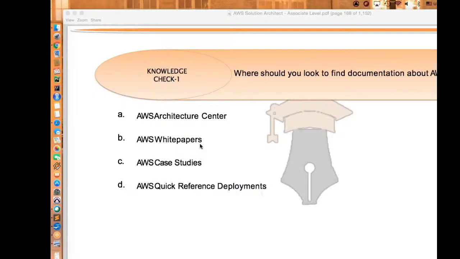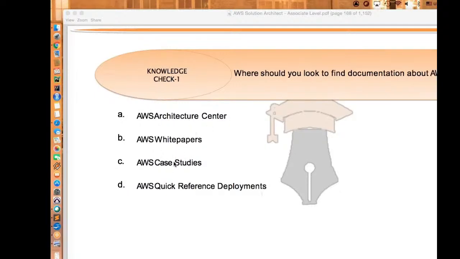B and D. For me, I would choose that too. But okay, B and D, if A is one of the answers, that's good. Yeah, in my opinion, we'll get the documentation about architecture on the architecture center,